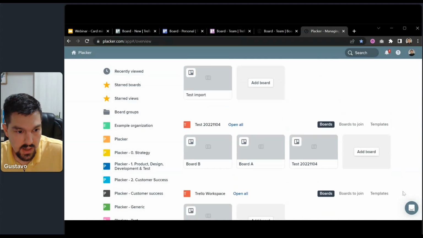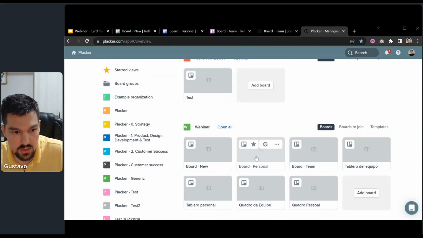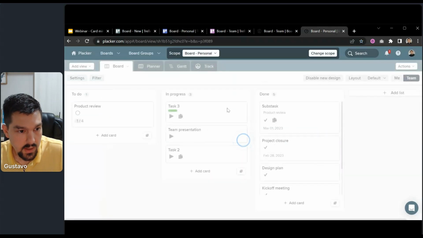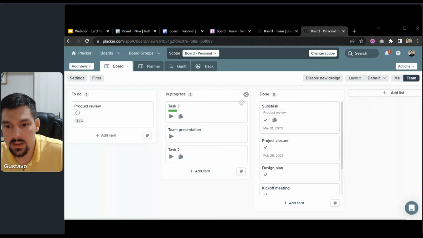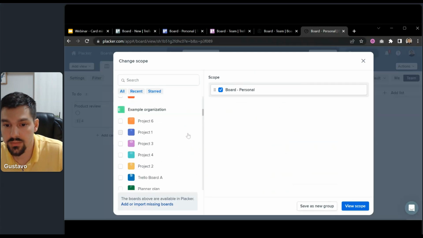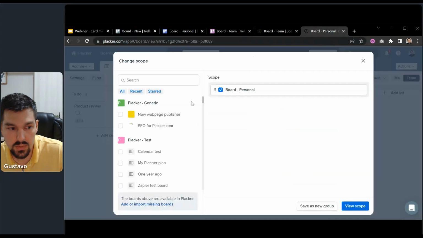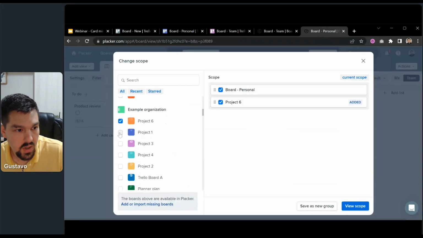So for example, I have all the boards here. For example, the personal board. And notice that this is exactly the same cards and the same data that I have in Trello. There are some advantages of using the Placker interface. There are some things that you can do here that are not possible in the Trello interface. For example, loading many boards on the same screen. So if you are working with multiple boards, you can click the scope bar here at the top. You can select all the projects that you want to see,